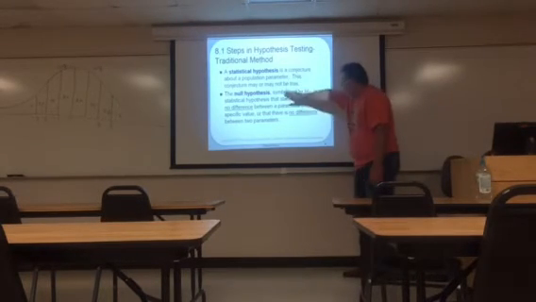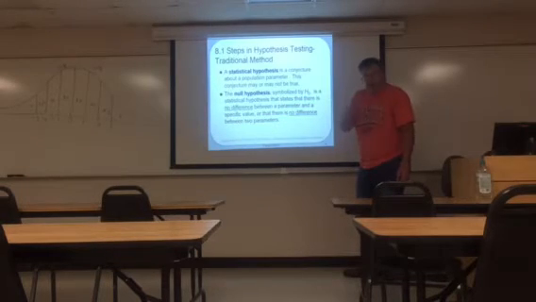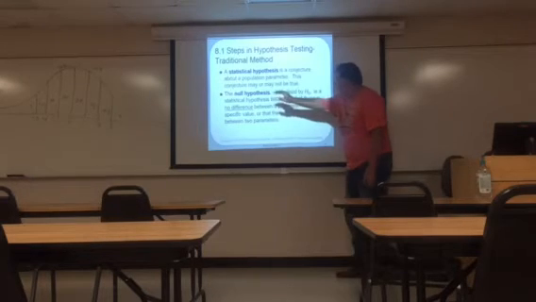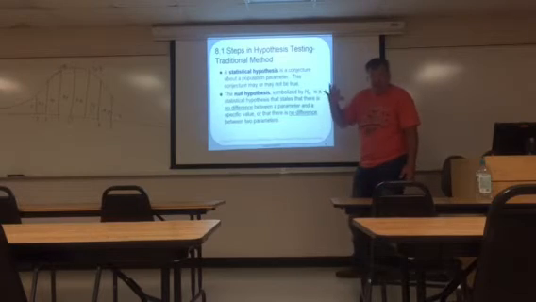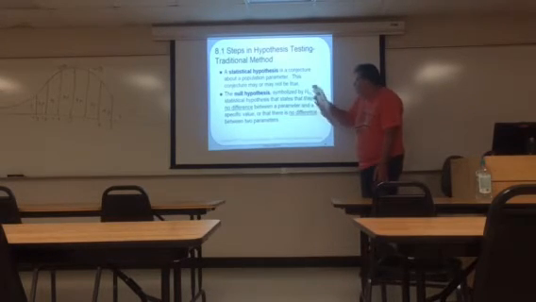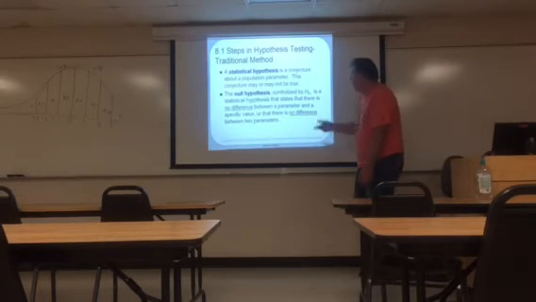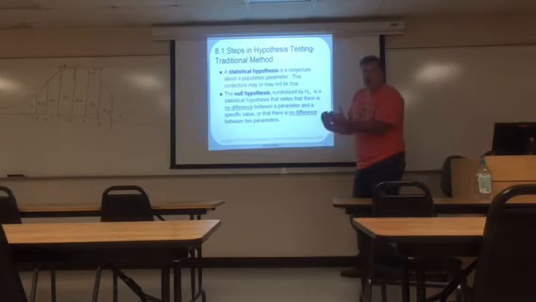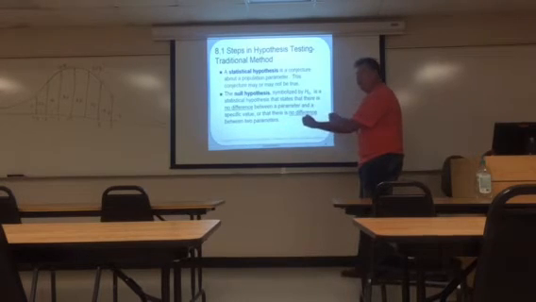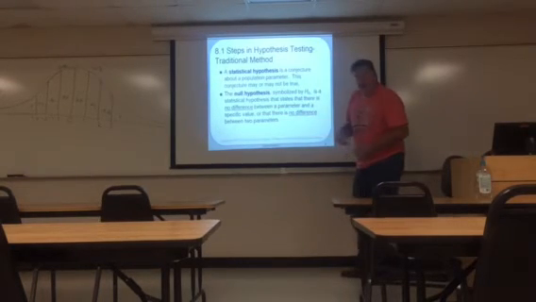So we have what's called a null hypothesis, and the word null means not. There's nothing, zero, zilch. The null hypothesis is symbolized by H naught or H0. This is a statistical hypothesis that states that there is no difference between parameters or values and means. So if I've got two groups that I'm trying to compare the means of, group 1 and group 2, and I state my null hypothesis, I'm going to state that there is no difference between